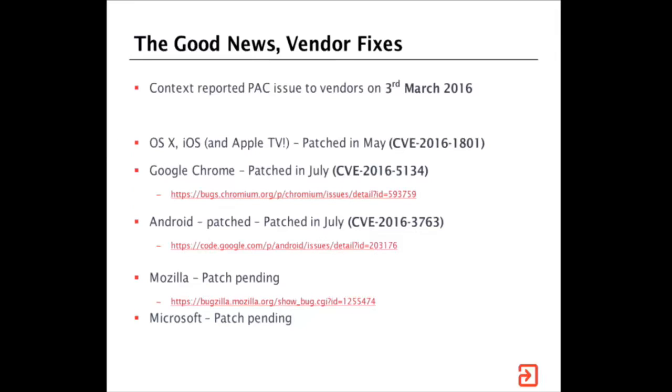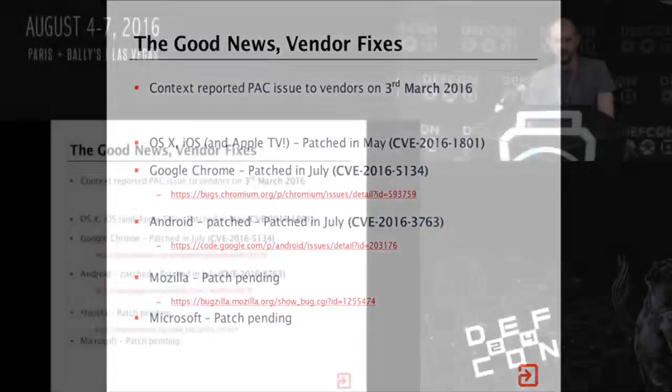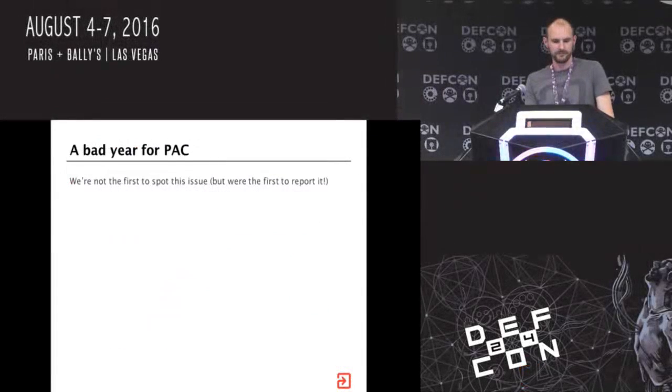Android patched in July. Firefox is waiting on a patch for this issue, but it's also not the default configuration in Firefox, so it has to be explicitly enabled. And Microsoft have a patch pending. It's slightly different on Microsoft, certainly on Edge and Windows 10. It does some really funky caching stuff, so it's not quite as big a deal there.